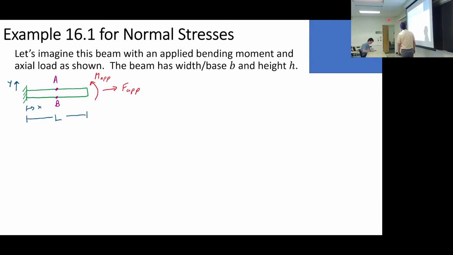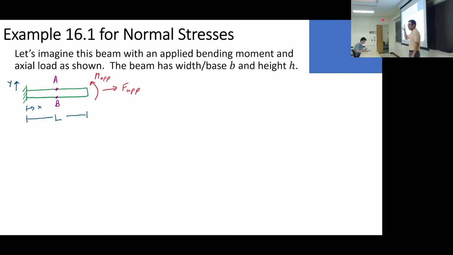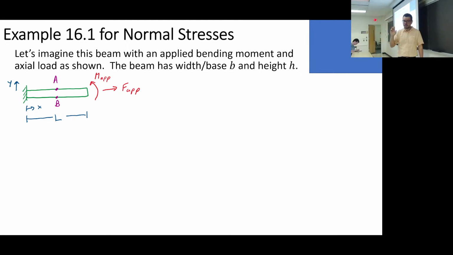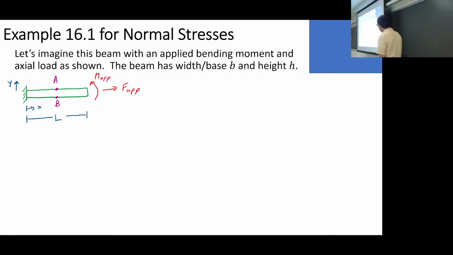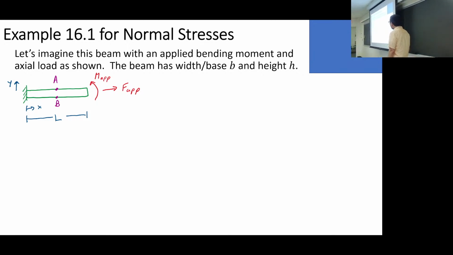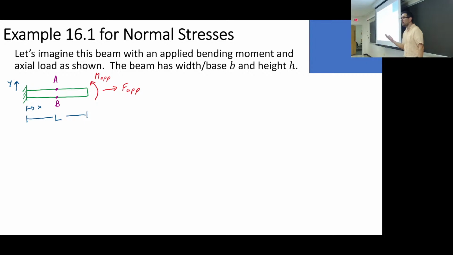Okay, good. Now, a little bit trickier. Beam at point A, and I could have said at point A and at point B, right? But I knew that it was across the entire thing. But now, location matters a little bit more. We care a little bit more about the real estate. Where I am at A, will M at apply a compressive stress or a tensile stress? Compressive. Before you even do any math, just look at the thing and you're like, oh yeah, I'm making it smile by applying M at. And because it's smiling, the top,